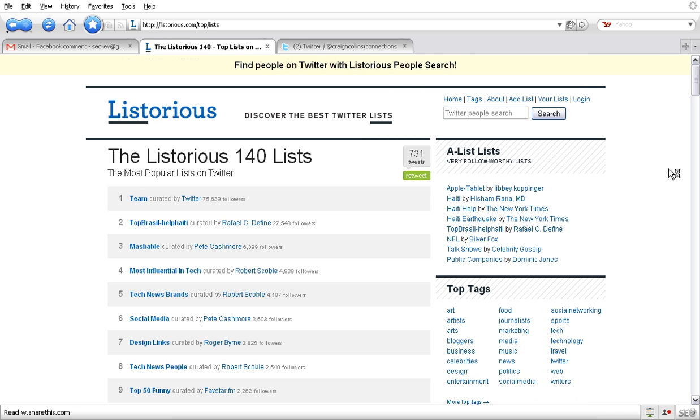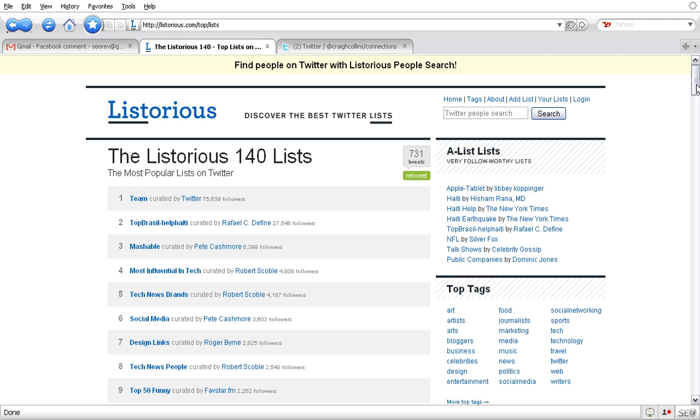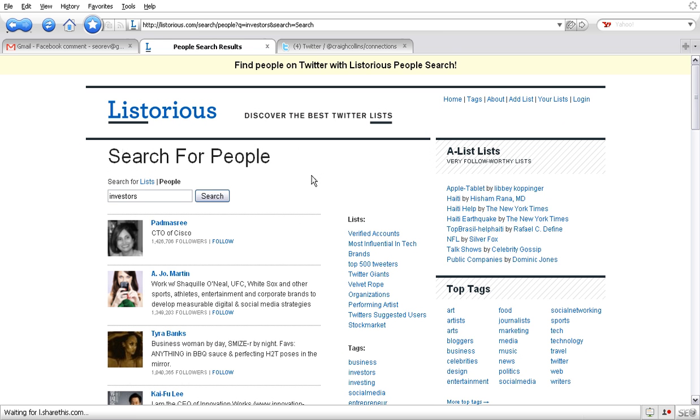The point of doing this is that lists are created of people who are active on Twitter and who have something of value to share. So if you're concerned about connecting with people who aren't using Twitter that much, or who you really don't have much in common with, this is a great way to ensure that you have a quality list of followers and connections. I'll give you an example. If we want to look for investors, we just type investors in the search bar. This gives us a list of all the people that are investors, and if I click on lists,